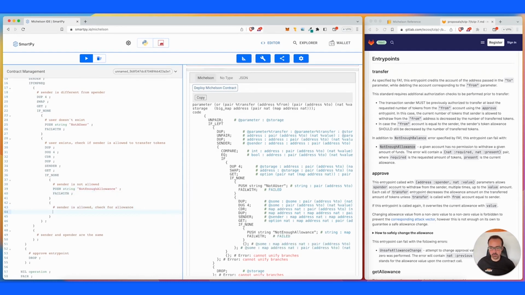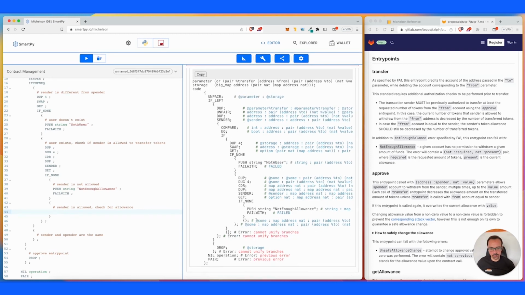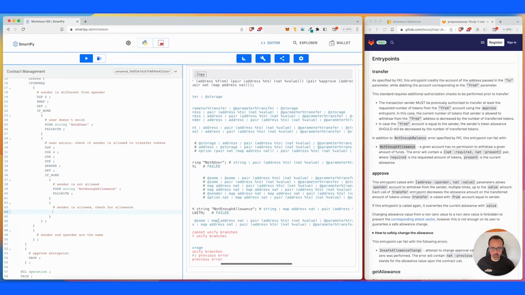Okay, now let's go in this branch. Now that we know that the sender is allowed, we can check that. So here first, in order to check it, let's have a look what we have in the stack. So you see we have those three values here. So now I need to have the value here. I need the value so I can check it against the allowance that's provided